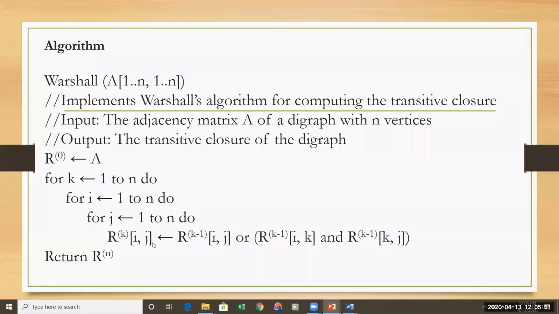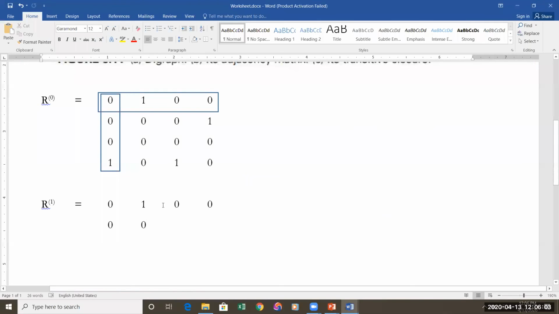Rk of ij means the current matrix that you are filling. That is equal to Rk minus 1 of ij, that means the same position in the previous matrix. For example, you're going to fill this place, the one I have highlighted, and you have to consider what is there in the same place in the previous step.